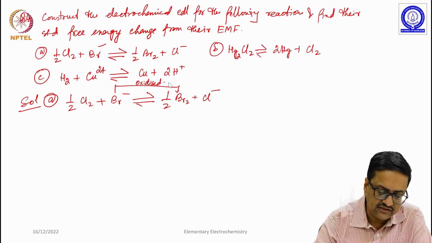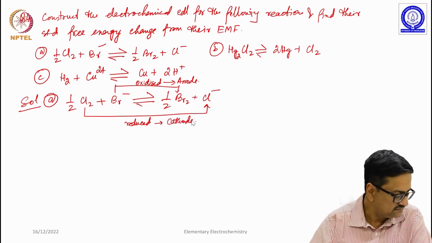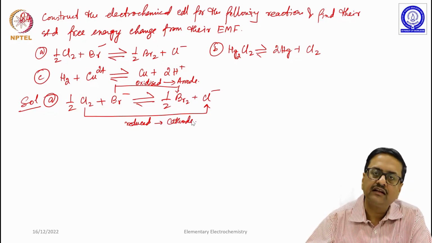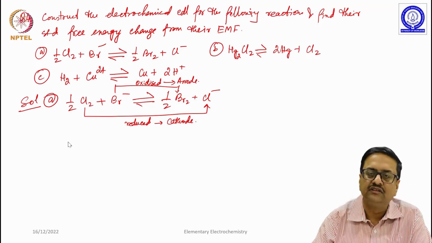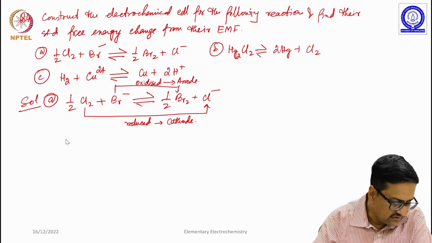So, that means this is happening at anode, and chlorine is getting reduced. So, this is happening at cathode. As soon as we identify the corresponding cathode and anode, we quickly write down the possible cell with suitable electrode. So, what we write is